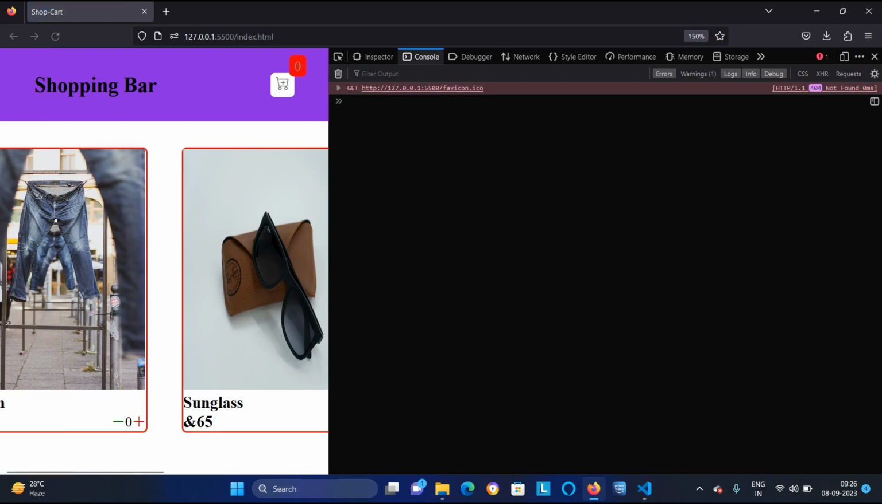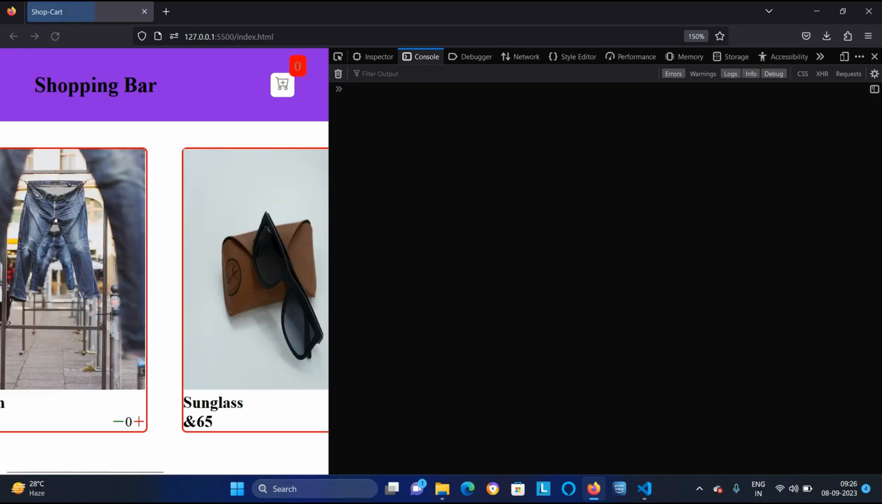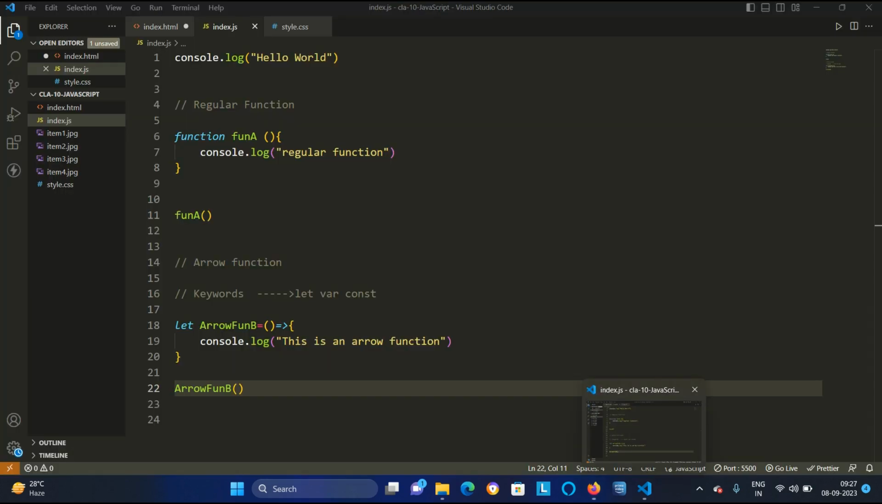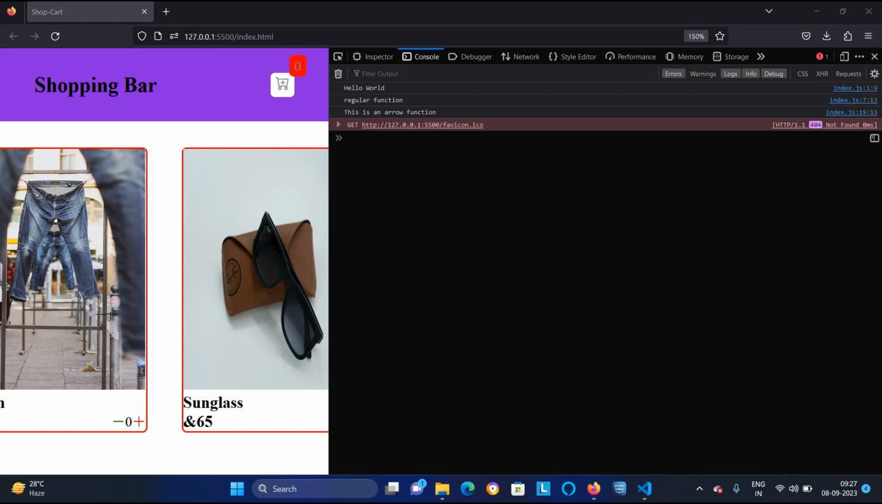Control S, go back, you will look, it should come. Let it load. Yeah, first there is an error coming. Why? Look, refresh. If I refresh it, okay, it is coming. This is an arrow function. So hello world, you have consoled it. How to make the regular function and an arrow function, I have told you. So now you are looking in this way, we can add the JavaScript in